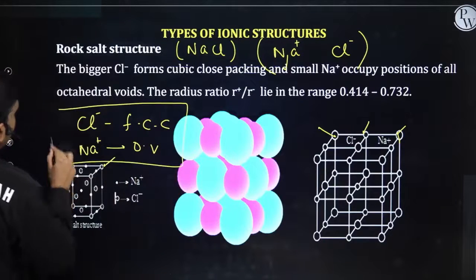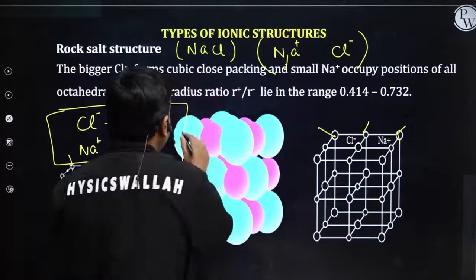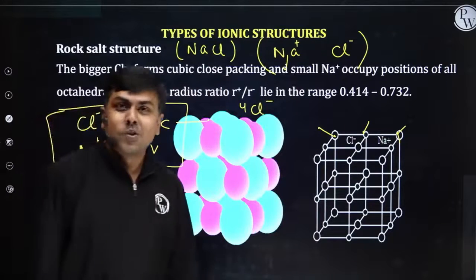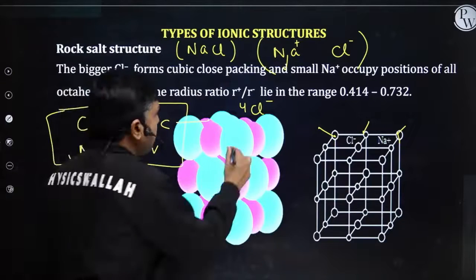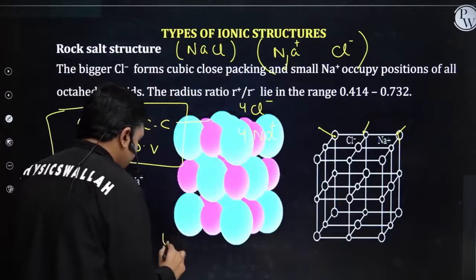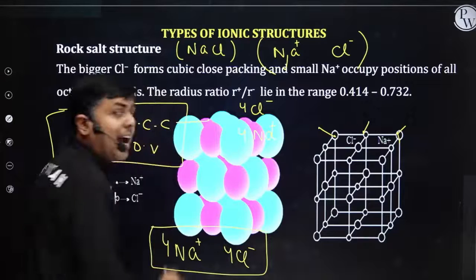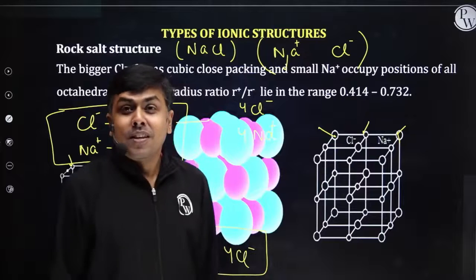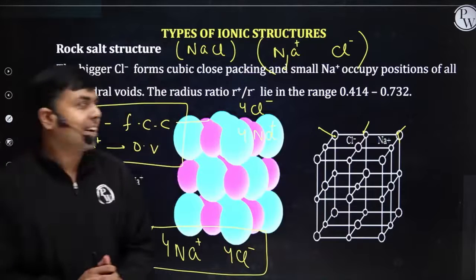Now, what's Z effective for this Cl-? In case of FCC lattice, Z effective is 4. So how many Cl-? 4 Cl- in this one unit cell. How many Na+? Students, the effective number of octahedral voids is the effective number of atoms. So we will have 4 Na+ also. So in one unit cell, we have 4 Na+ and 4 Cl-. What's the atom ratio? 1:1. That's why it's called AB type. Am I clear? Cations placed in octahedral voids, anions placed in FCC lattice, right?